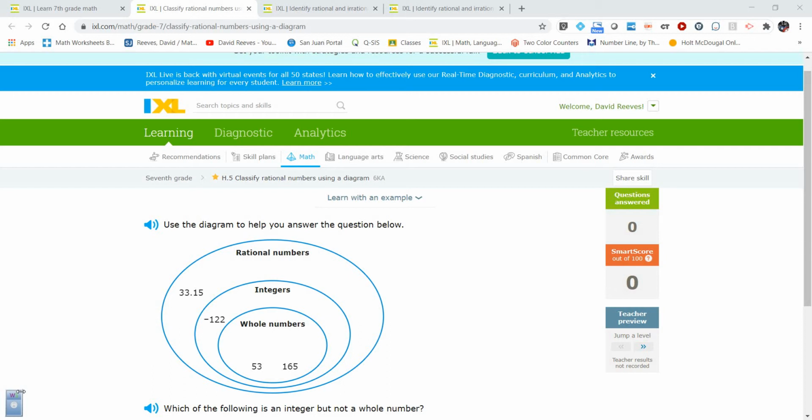And now we're going to be working through some IXL problems involving classifying numbers as rational or irrational. Also looking at whether they are whole numbers or integers, as well as being rational or irrational. Remember, all of these numbers that we are dealing with are classified as real numbers, so we're just going to take that for granted. All right, so I'm going to start in the 7th grade math skill H5, classify numbers